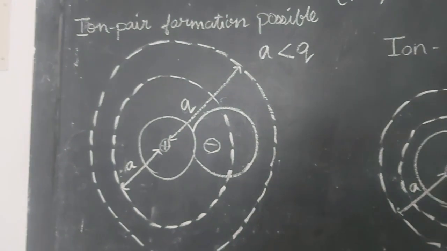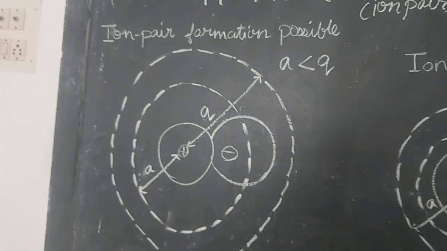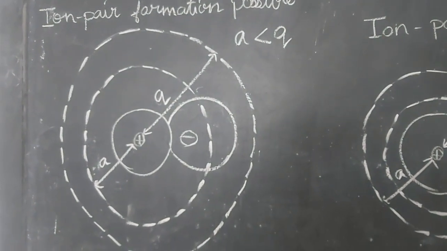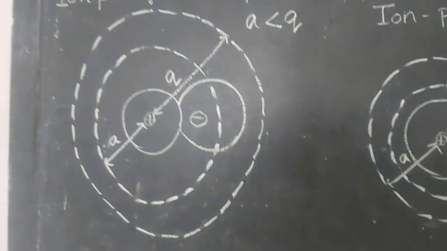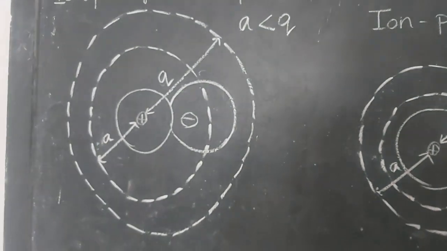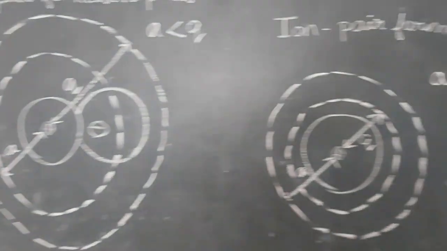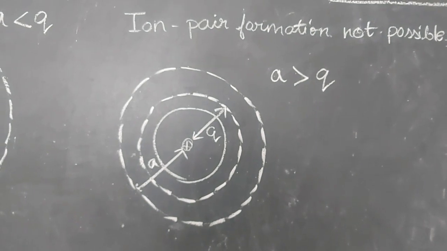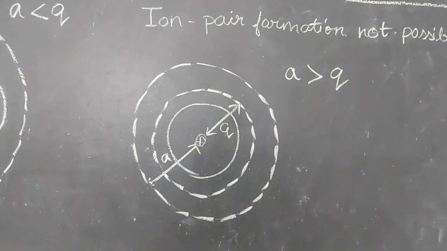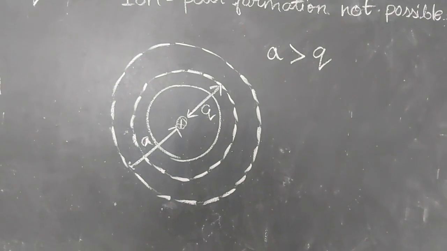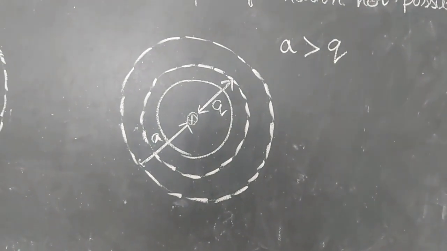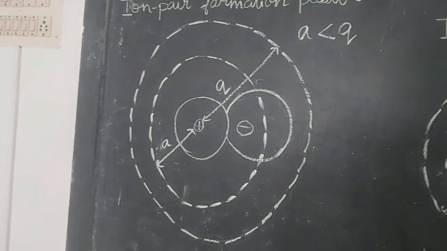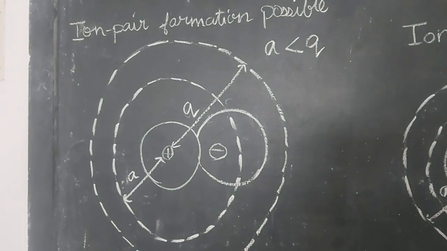Let us see that if A is lesser than Q, then that is the possible formation of an ion pair. If A is greater than Q, the formation of an ion pair is not possible because Q is a charge. Charge should not be less than A, right? If Q is smaller, then how will it form an ion pair? If Q is larger than A, it will form an ion pair like this, plus and minus as an